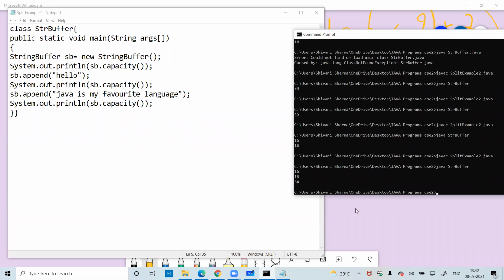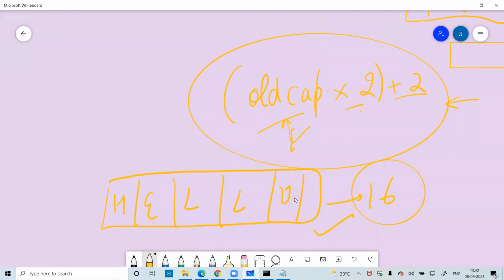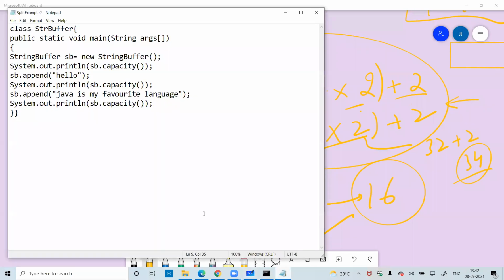16 into 2, the answer is 32. Old capacity is 16, into 2 is 32, plus 2, that is 34. Now the memory capacity available is 34. In this way, we can add or modify the contents within the buffer also.